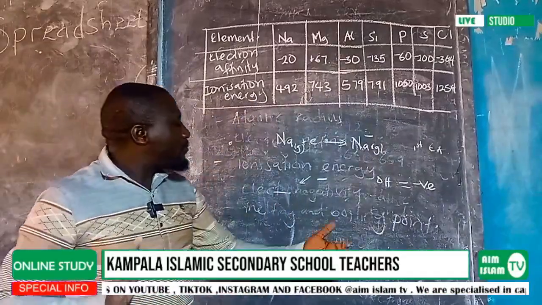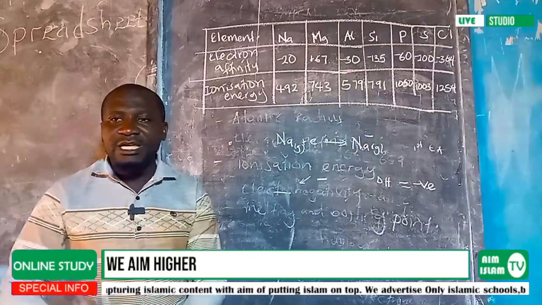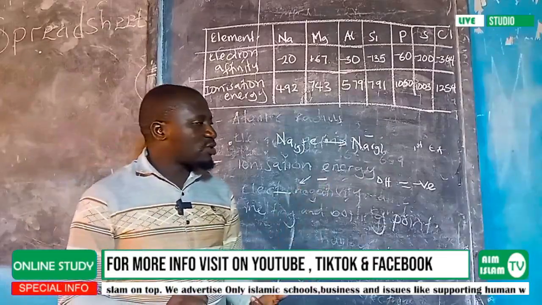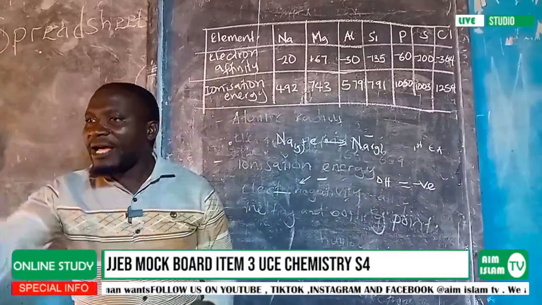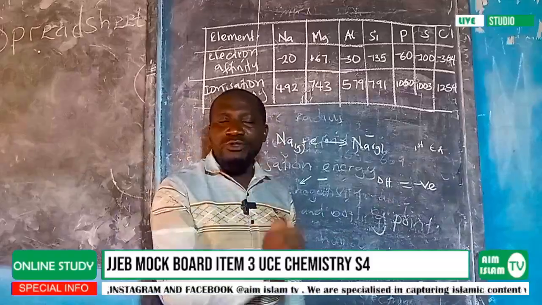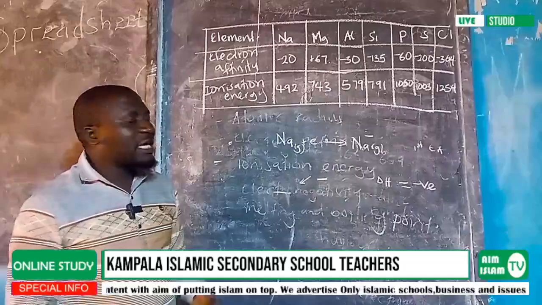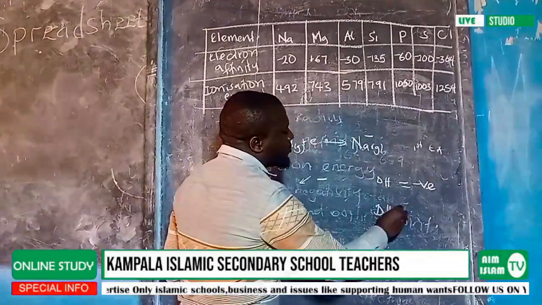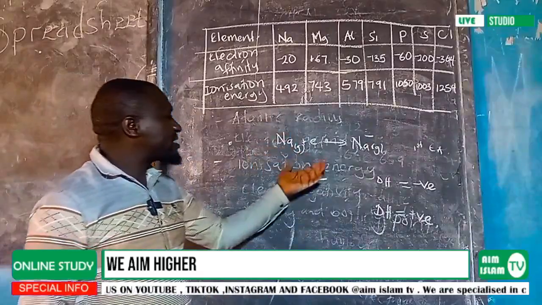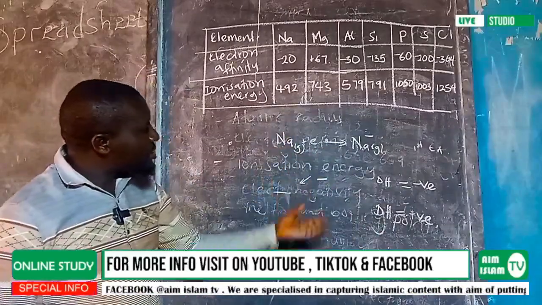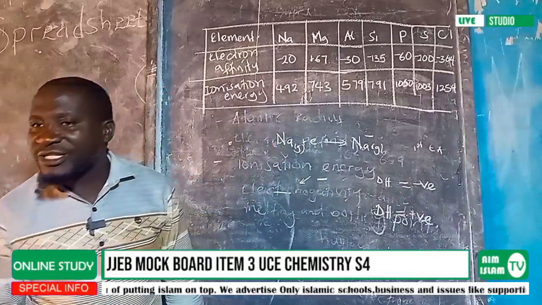Why? Because both charges are negative. The ion which has been formed initially is negative, and even the incoming electrons are negative. Therefore, it is experiencing more repulsion, and it means that heat must be absorbed, making the enthalpy change become positive. So to simplify, the first electron affinity is negative because the incoming electron experiences more nuclear